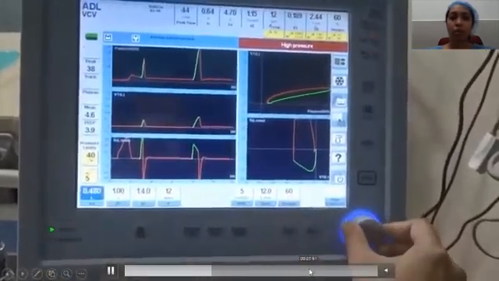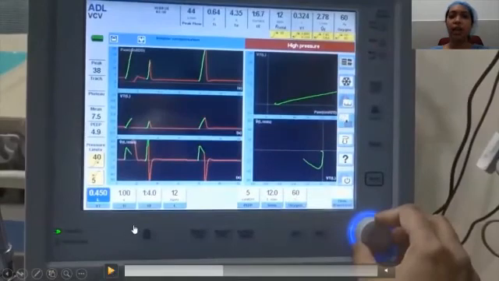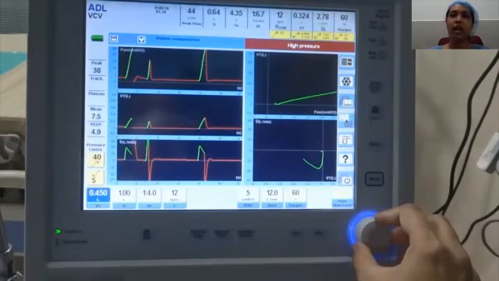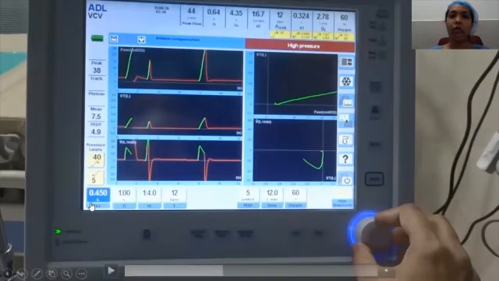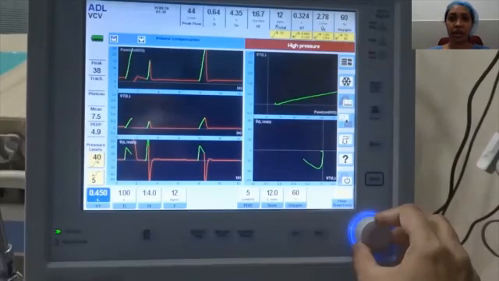The problem with the volume control mode is that the ventilator will tend to deliver whatever volume we set despite the pressures in the lung. So there is a possibility in a bad lung that a high pressure alarm will be visible. Why? Because the lungs are bad, and in order to generate this amount of tidal volume, the pressure being generated in your lungs, or the peak airway pressure, may exceed the allowable limit of 40. Above 40, the risk of barotrauma is high. So this happens to be the disadvantage of the volume control mode.